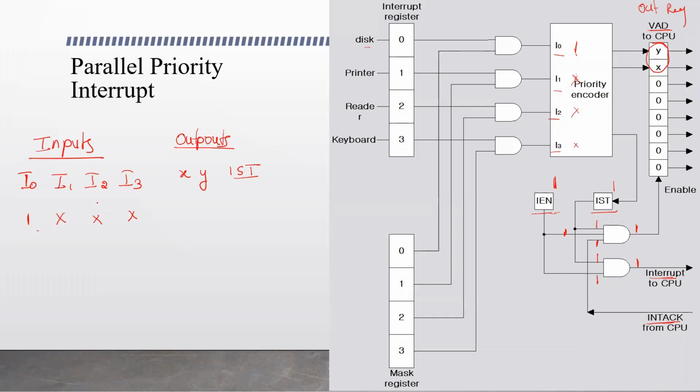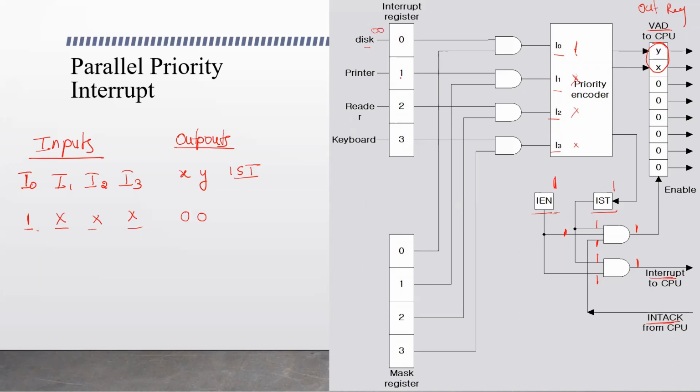Okay, it may have an interrupt request to CPU or may not. But these are not considered here. When this higher priority device has 1, the output it generates, in this case when disk has an interrupt request, the value of X and Y would be 0, 0. Here we discuss the first device, the highest priority, that is 0, 0.